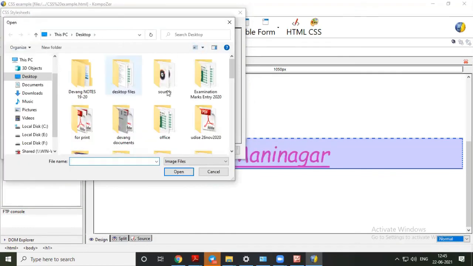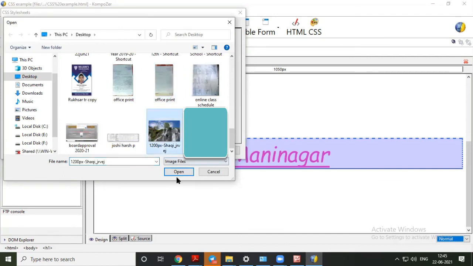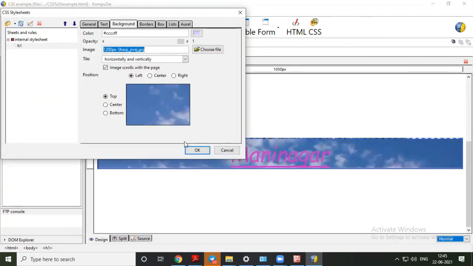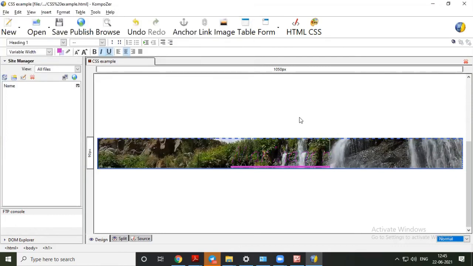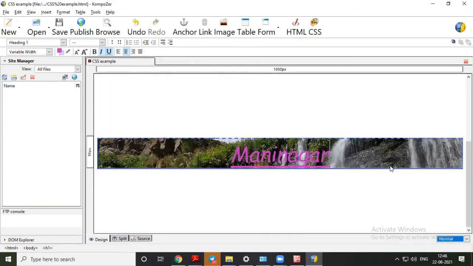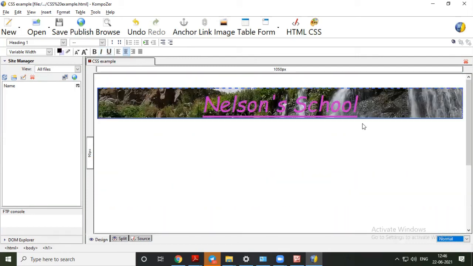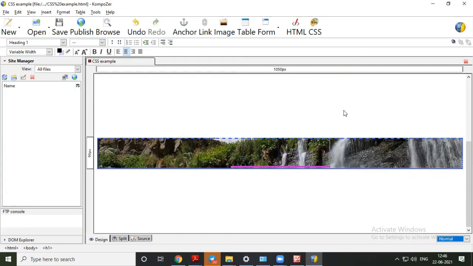I have downloaded one image earlier, so I am selecting that, and now select. Now you can see this everywhere, that change is done within a few seconds only. So this saves your time in terms of the coding part.